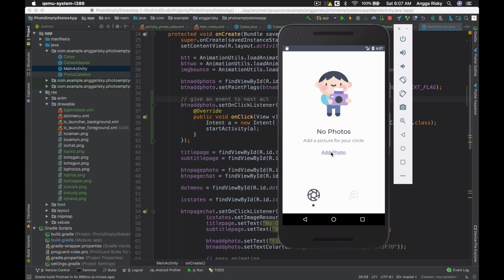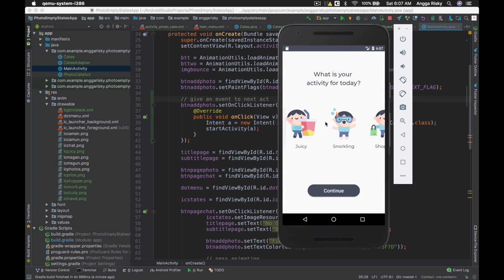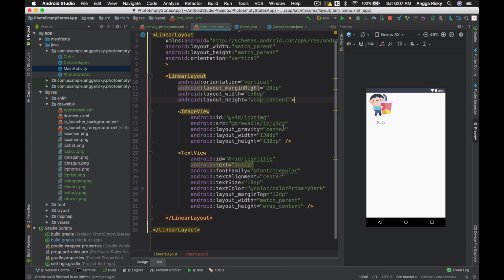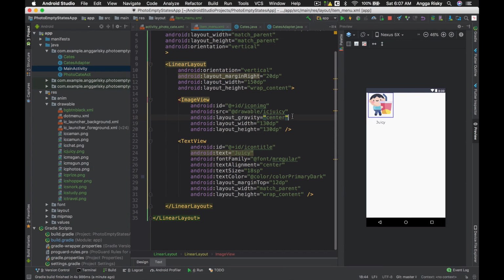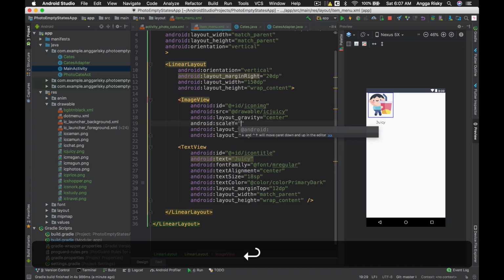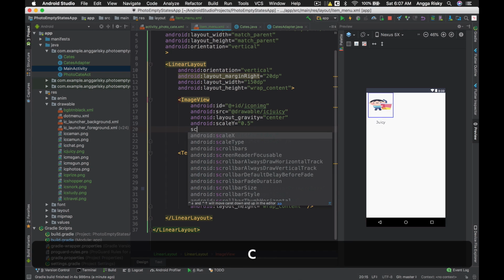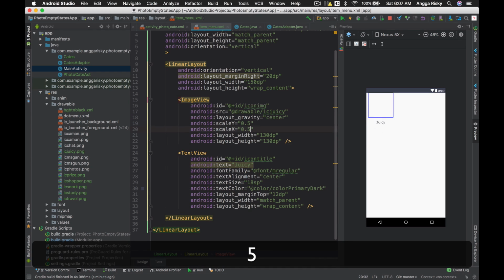Okay, so this is the photo, and then what is your activity today? So we're gonna try to select it by the snap helper. Okay, so right now I have to go back into this item menu. I have to scale this image view, just scale X to 0.5, and then scale Y 0.5.